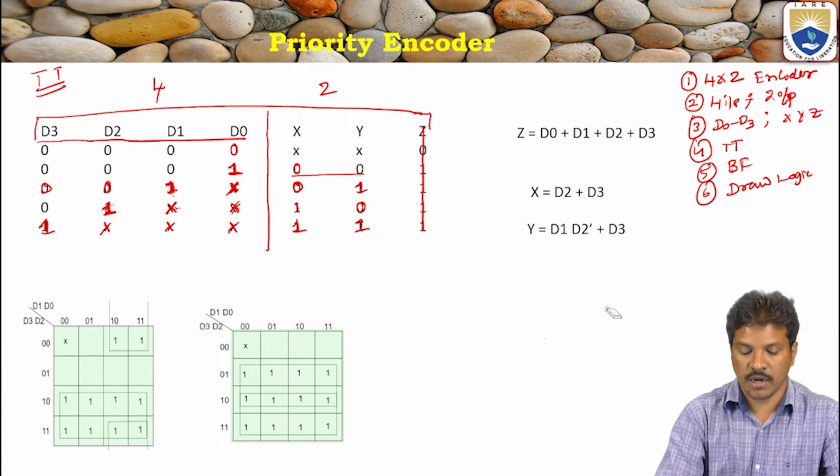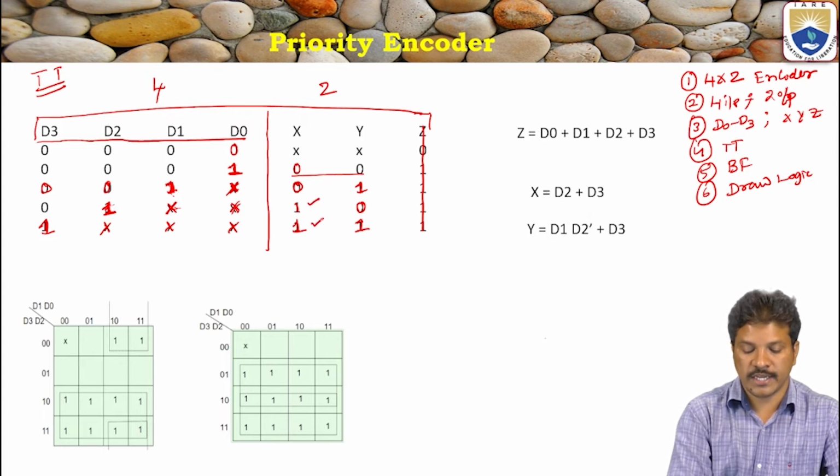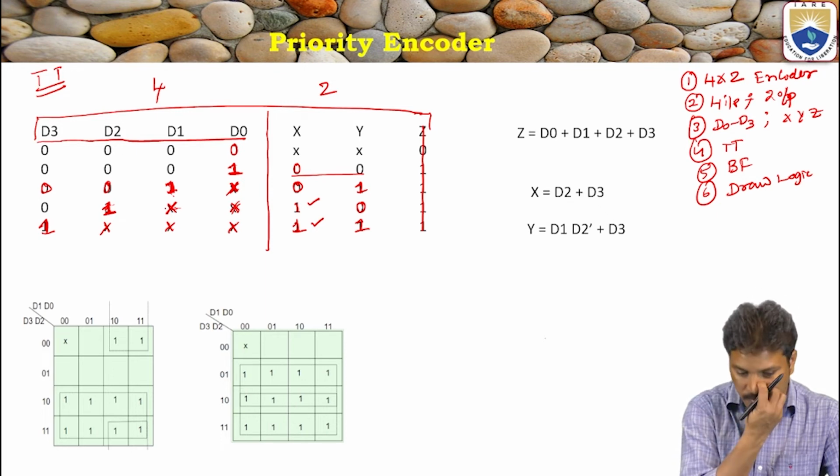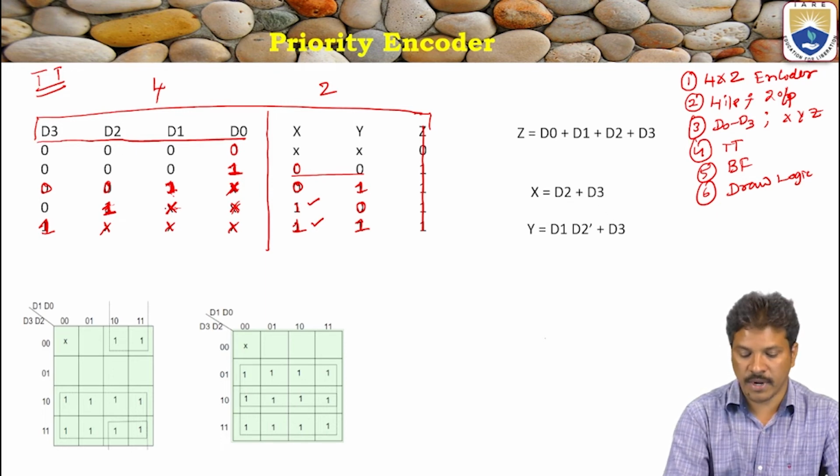The XYs are: where is the logic 1 here? Logic 1, 1, so its corresponding numbers. Here it is mentioned don't care. So by combining all the possibilities in the don't cares, you can make the truth table and the Karnaugh map and minimize the function